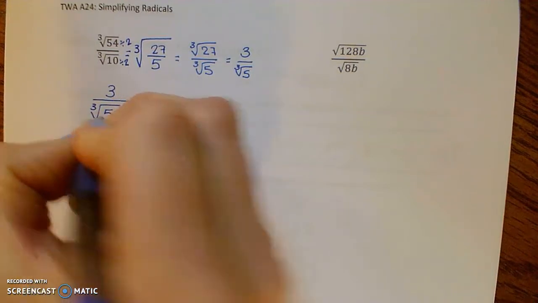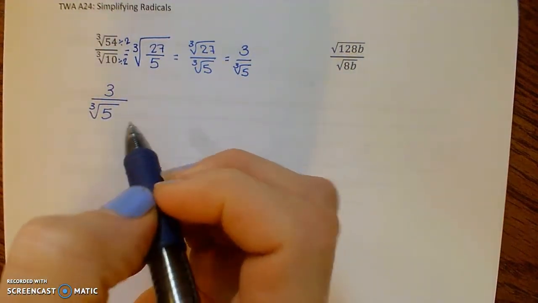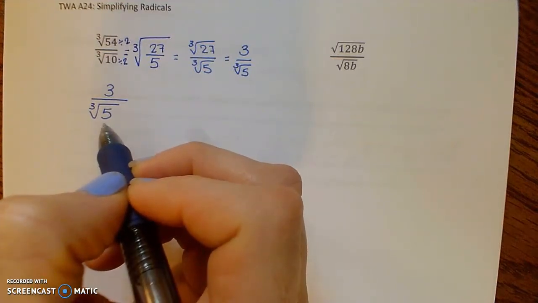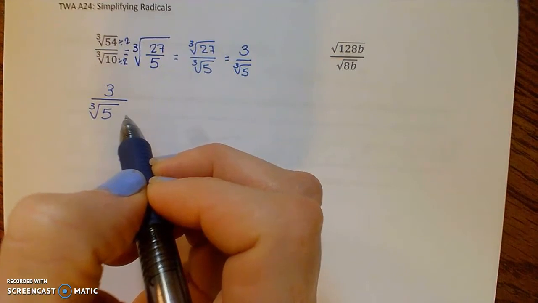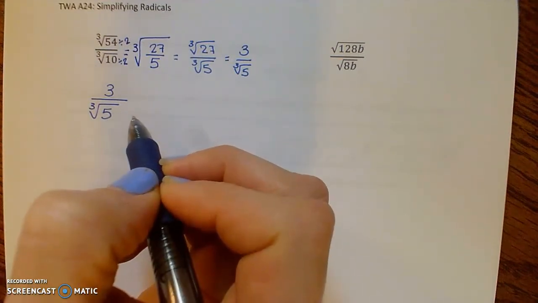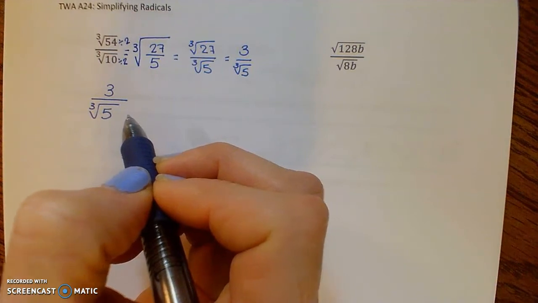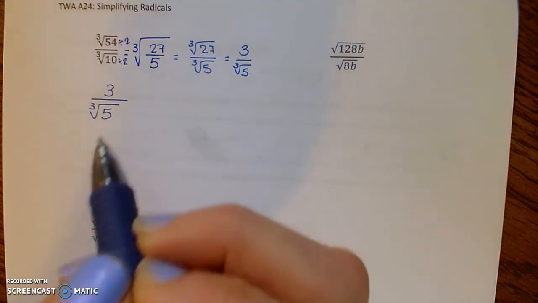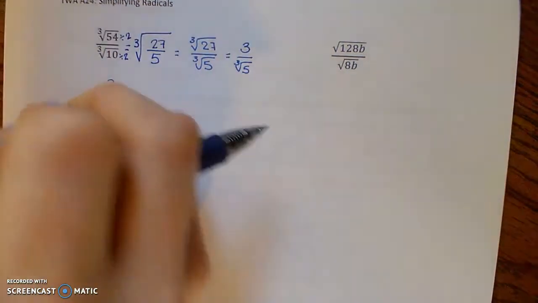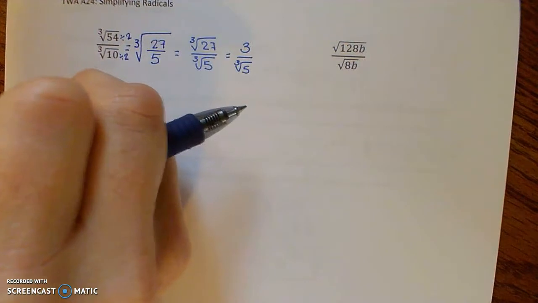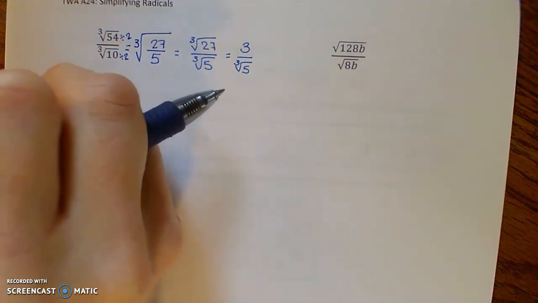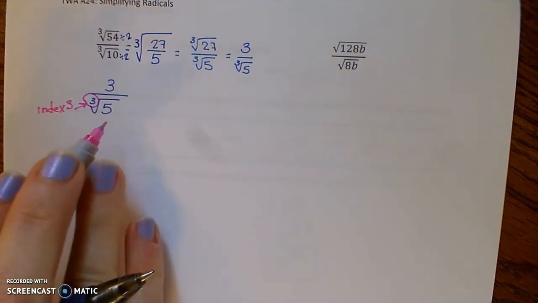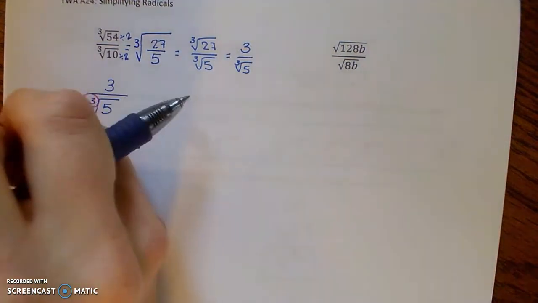going to have this new strategy. So remember in the past, if this was the square root of 5, I would just need to multiply by the square root of 5 again, so that square root of 5 squared would be equal to 5, to cancel out the radical symbol. Now, since the index is 3 here, what we need is 3 factors of 5 underneath the root symbol. So we need